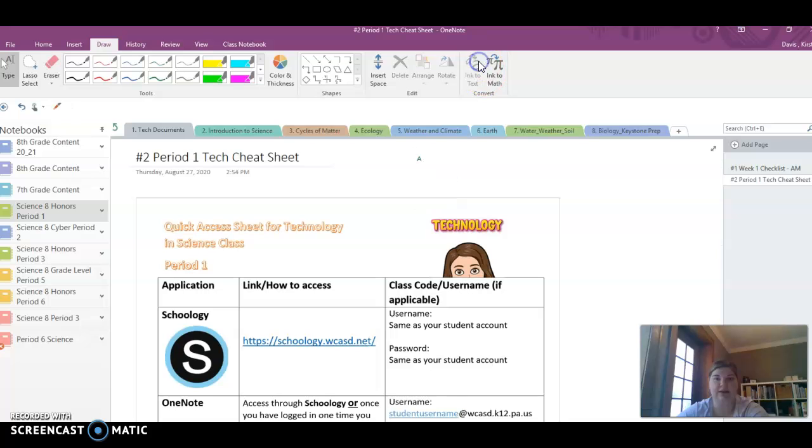I can also go in ink to text here. It looked like an A, so that one didn't work out too well. But you'll be able to fill in forms wherever just by using your cursor and making sure you're selected to